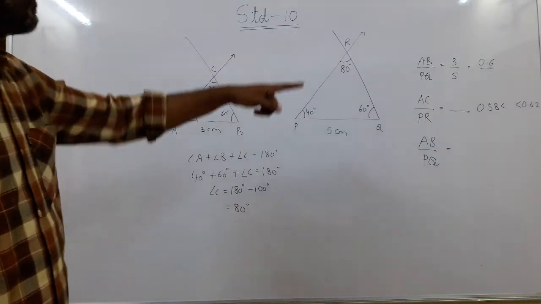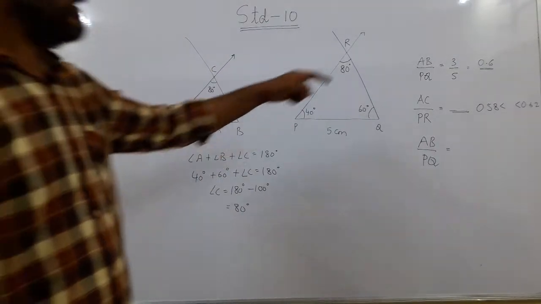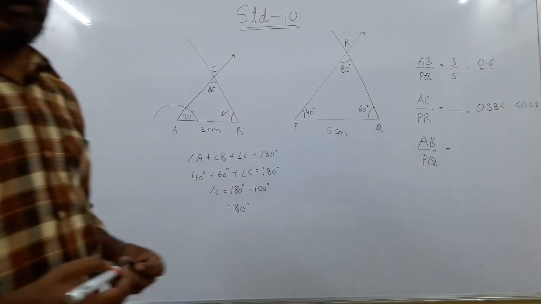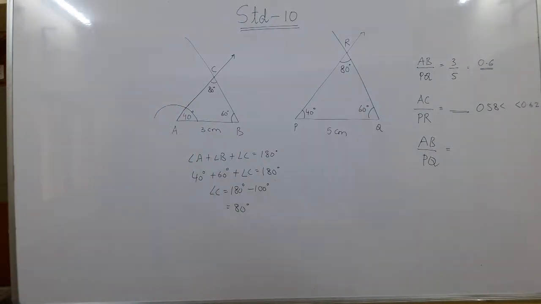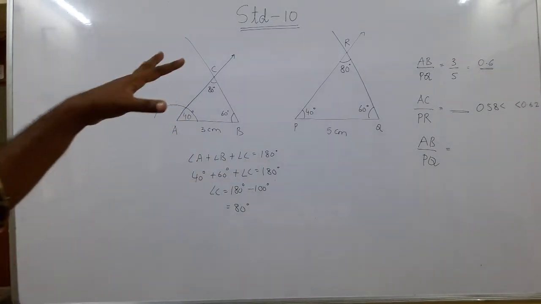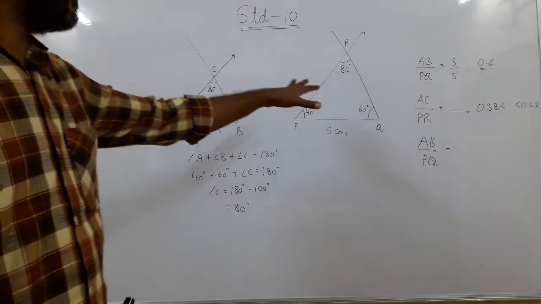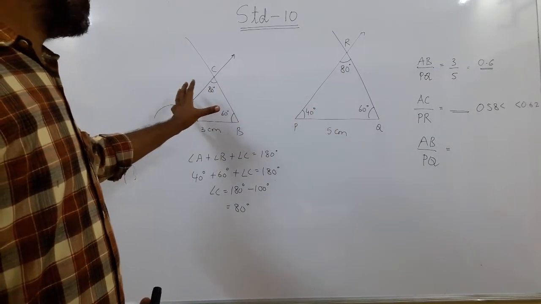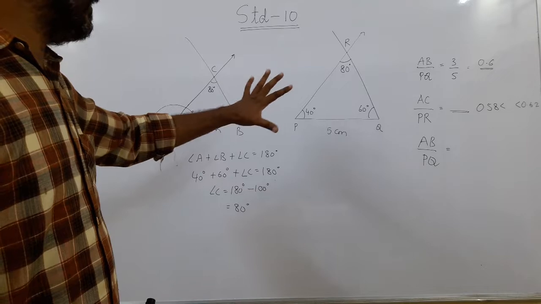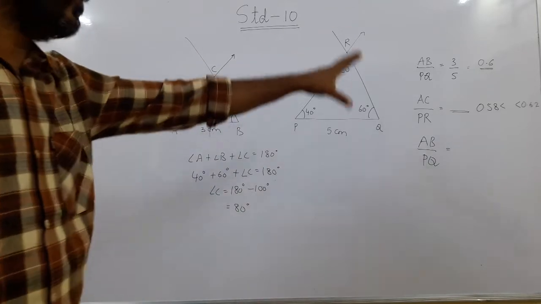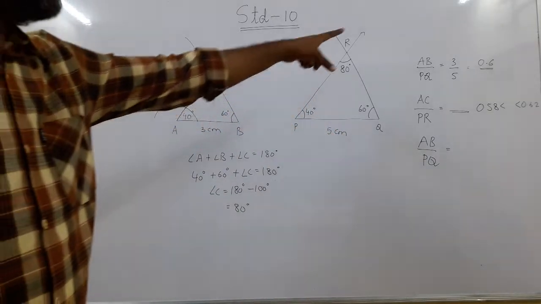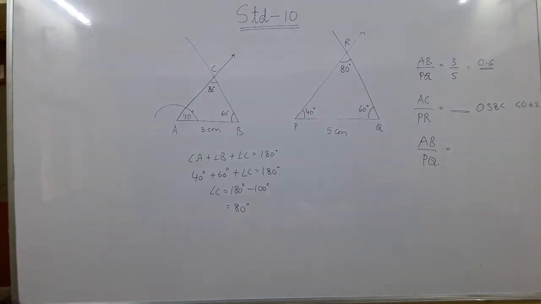So here the corresponding angles are equal and corresponding sides are in the same ratio. So what you can see from this activity, when you draw two triangles whose angles are equal and the sides are not equal, when you measure the ratio of the two sides, the ratio will always be the same. So from this activity, we will move on to theorem 6.3.